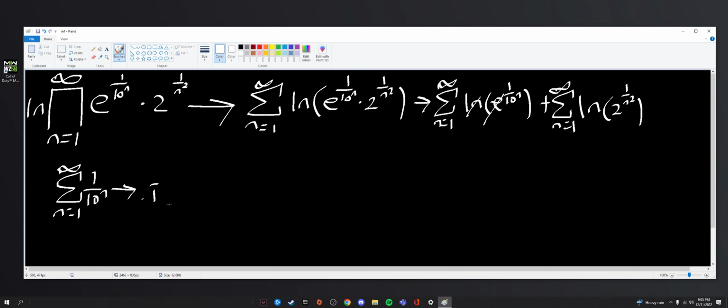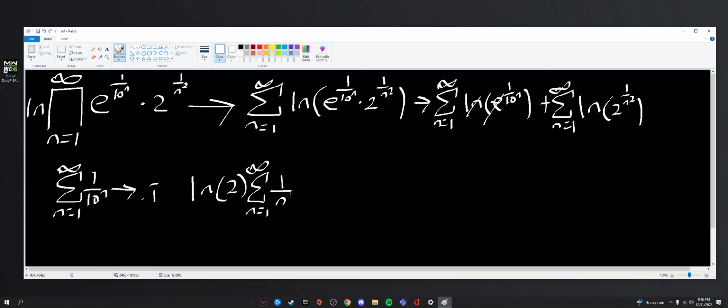That's really easy. And as for the second one, this one's also really easy because by another log property, we can bring the power out front. So we would have 1 over n squared times ln of 2. ln of 2 in this case is just a constant. We bring that out front. So we would have ln 2 times our infinite sum, n goes from 1 to infinity, of just 1 over n